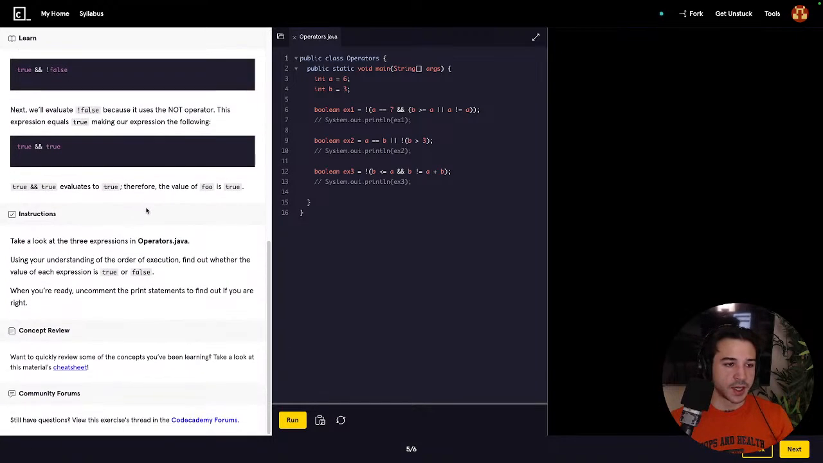Take a look at the 3 expressions in operators.java. Using your understanding of the order of execution, find out whether the value of each expression is true or false. When you're ready, uncomment the print statements to find out if you're right. So